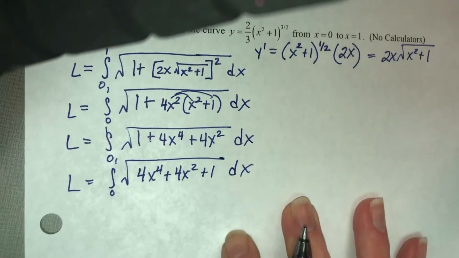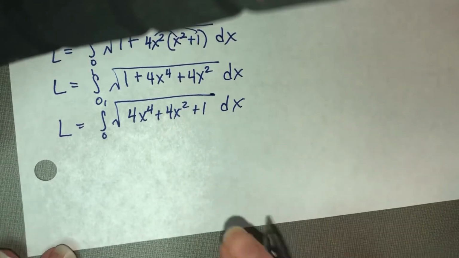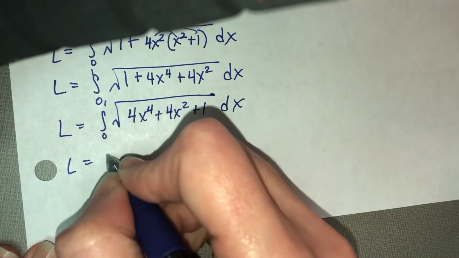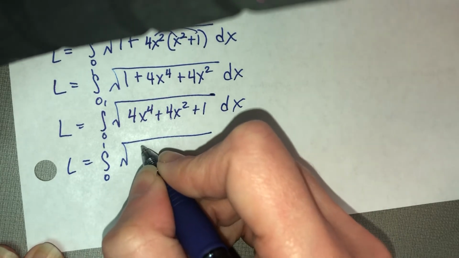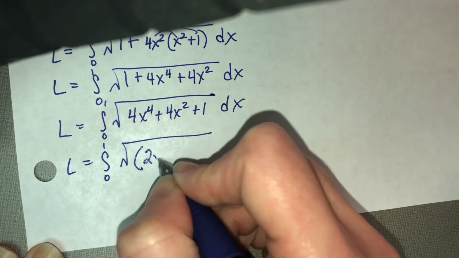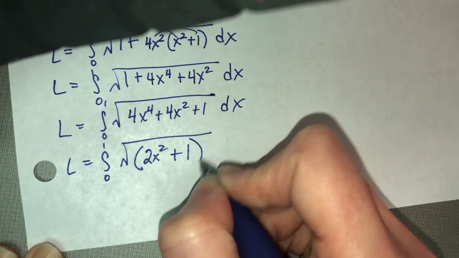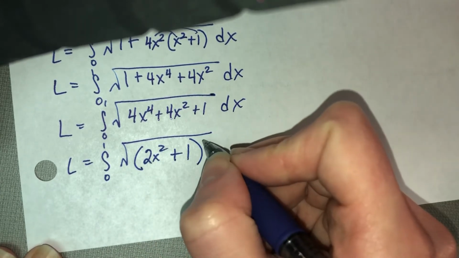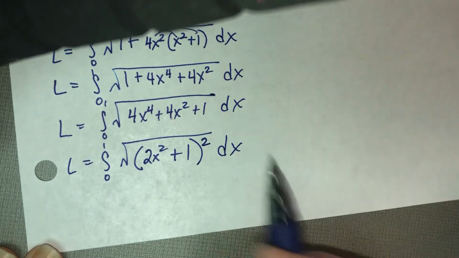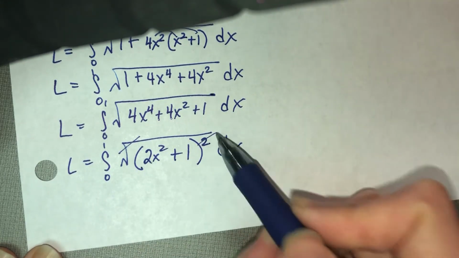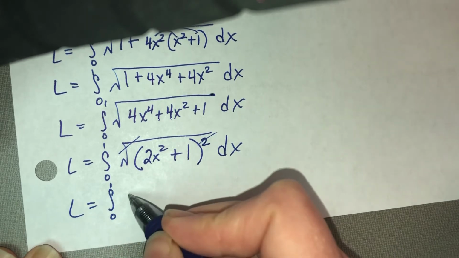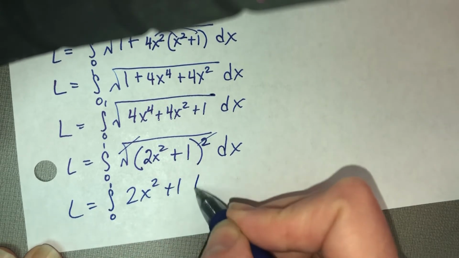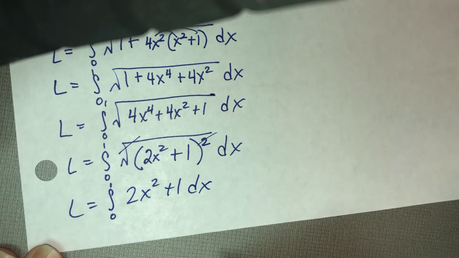Okay. Look at that. Does that have a square root? I believe that does. How lovely. The square root of that term is 2x squared. Square root of that term is 1. 2x squared plus 1 quantity squared. So then if I take the square root of a square, those undo each other. And I have 2x squared plus 1 dx as my integrand, which is super easy to integrate because I just